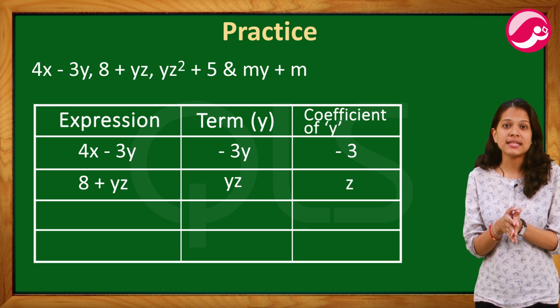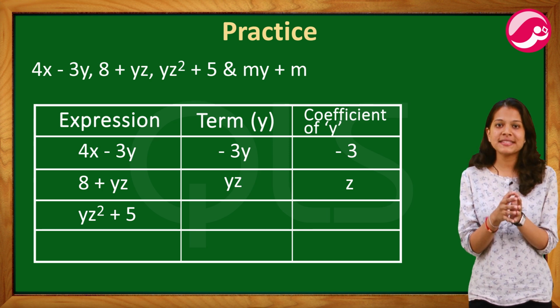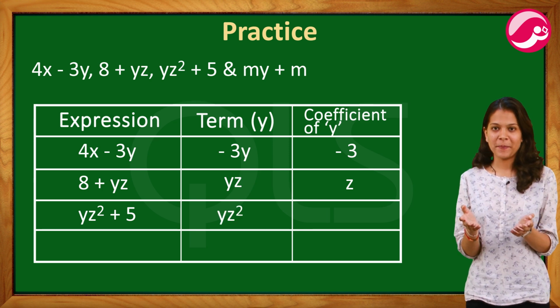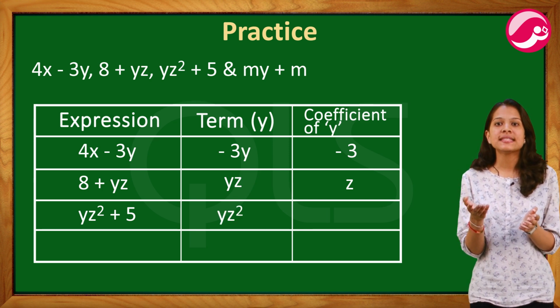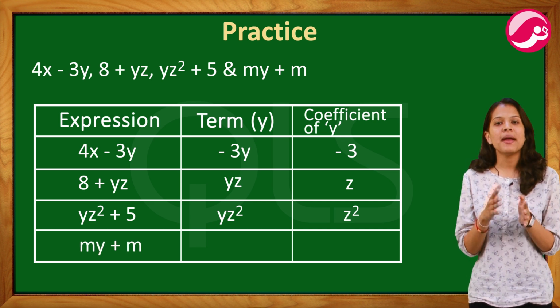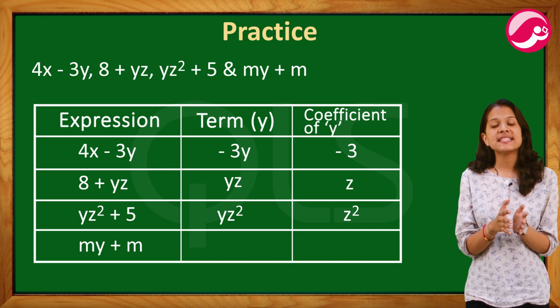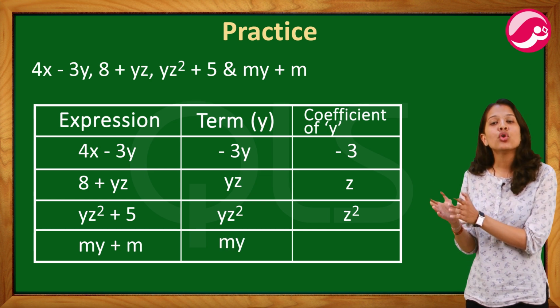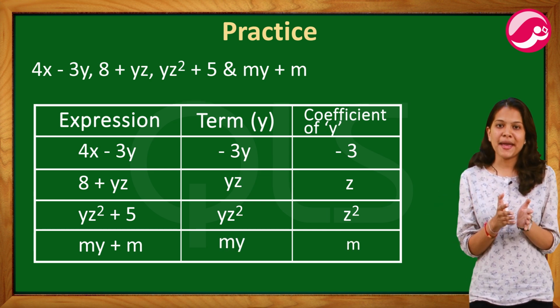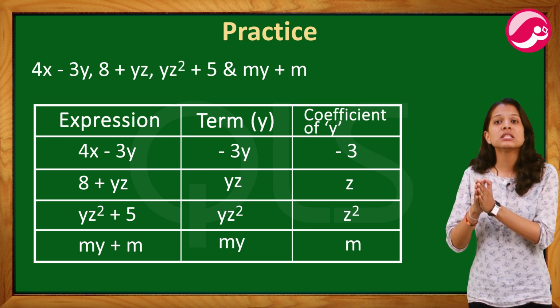Third expression is yz² + 5. The term with factor y in this expression is yz². Coefficient of y is z². So the last expression is my + m. The term with factor y in this expression is my and the coefficient of y is m. So today we studied about variables, constants, terms,